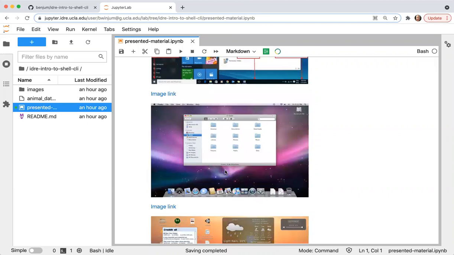Something similar has been developed for the Mac operating system. This shows a bunch of shortcuts, applications that you can launch. And as well, it's showing here a file window where you can interact with folders and with files on your computer.